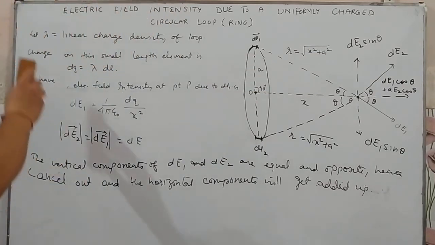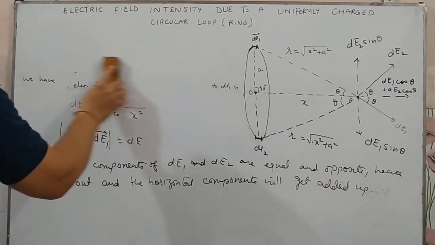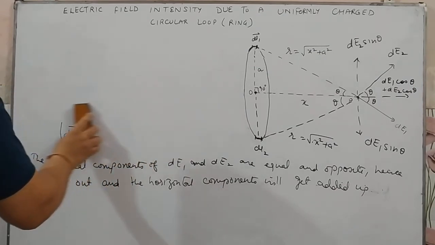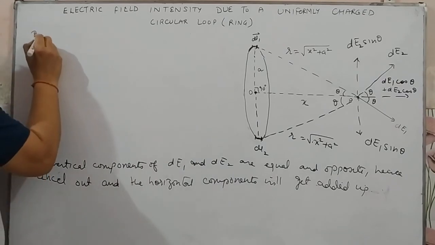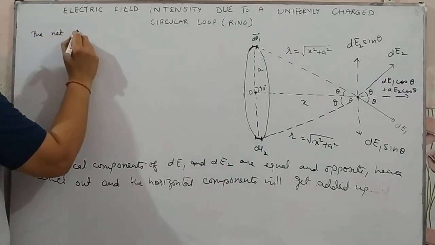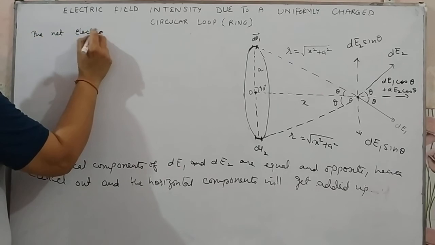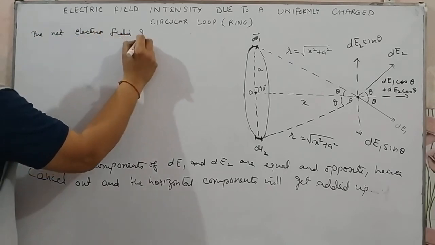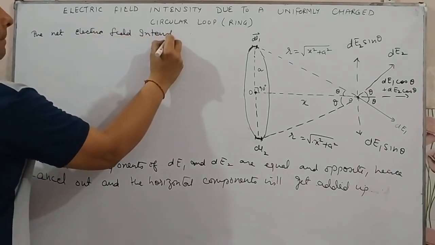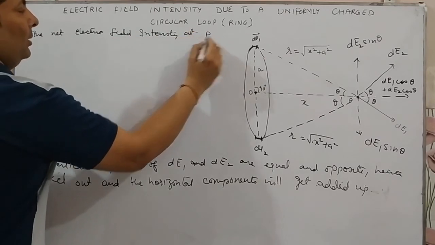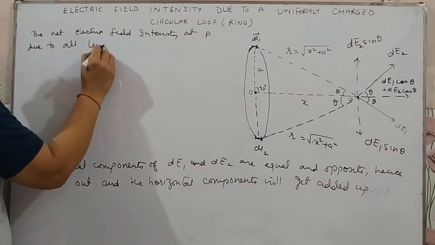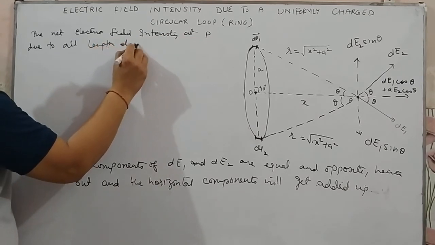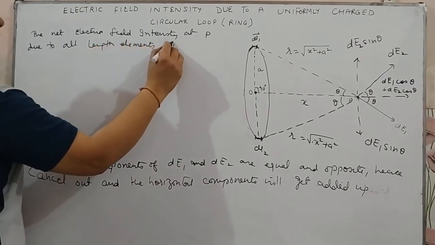So the resultant electric field intensity at point P due to all the length elements will be,